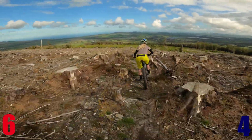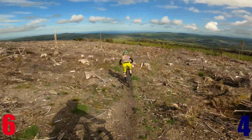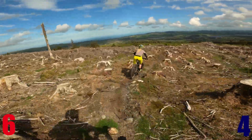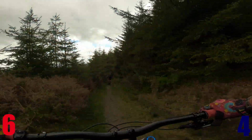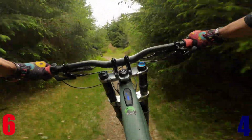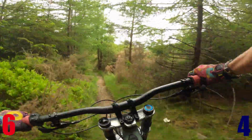The Kenevo Expert comes with a Specialized Command Post dropper post with 160mm of travel. This is a decent post, although it does make a bit of a clicking noise when you drop it. I thought it was broken when I went to use it first. The Commencal comes with a Kind Shock Lev SI post with 175mm travel and is a very smooth and reliable